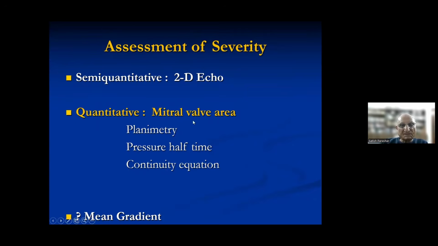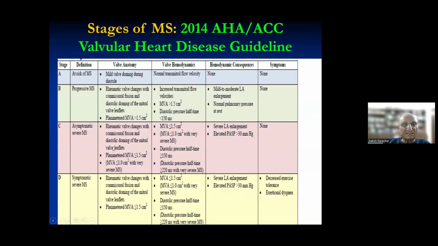That is, how much is the mitral valve area. That is the most important thing, and at your level, it is determined by planimetry and the pressure half time. We just come to it. Now you see, these are the guidelines of the American Society of Echo, in which they have graded various types of mitral stenosis. You can easily read it if you go by the ACC/AHA guidelines of mitral stenosis 2014.